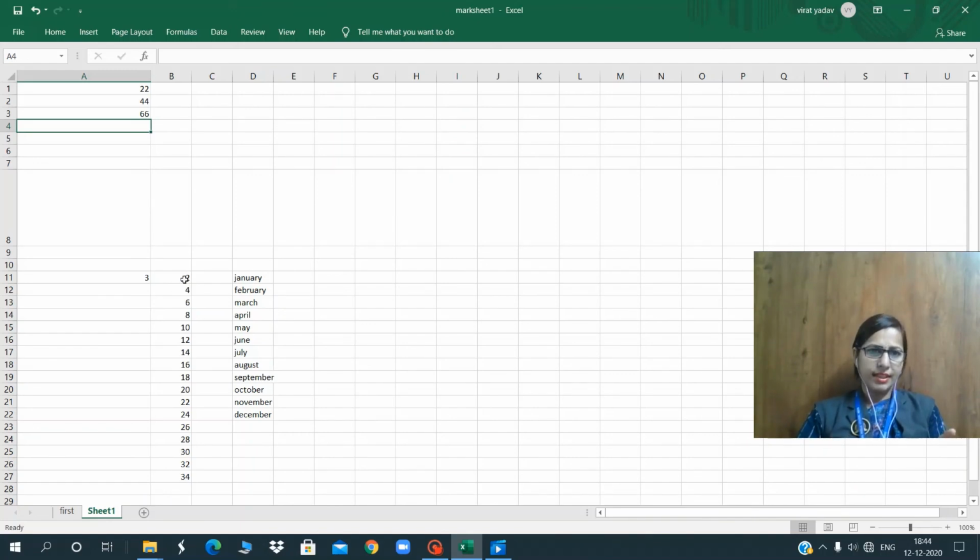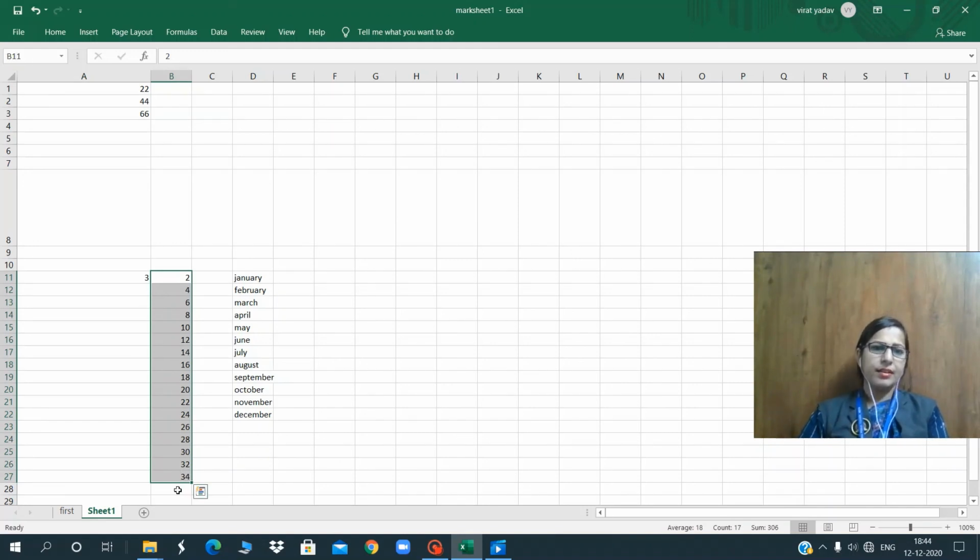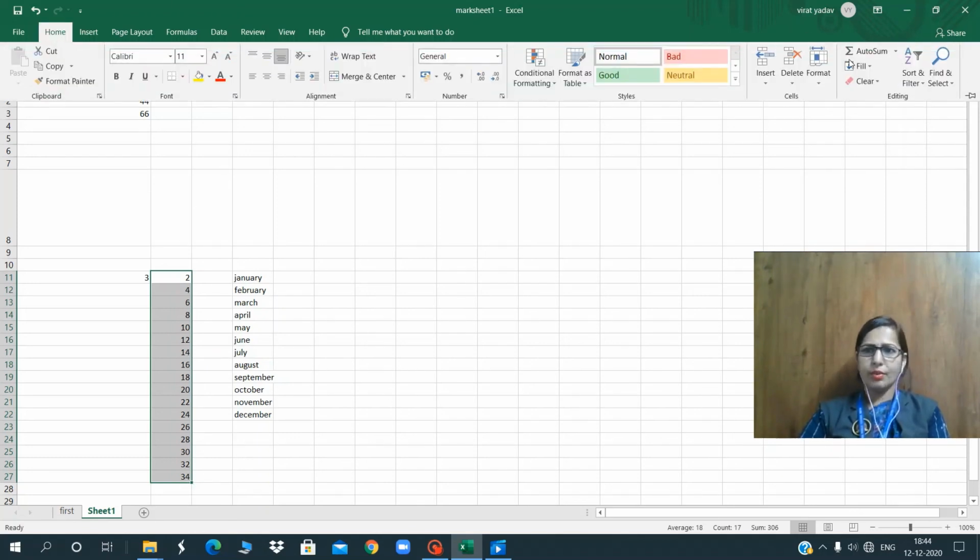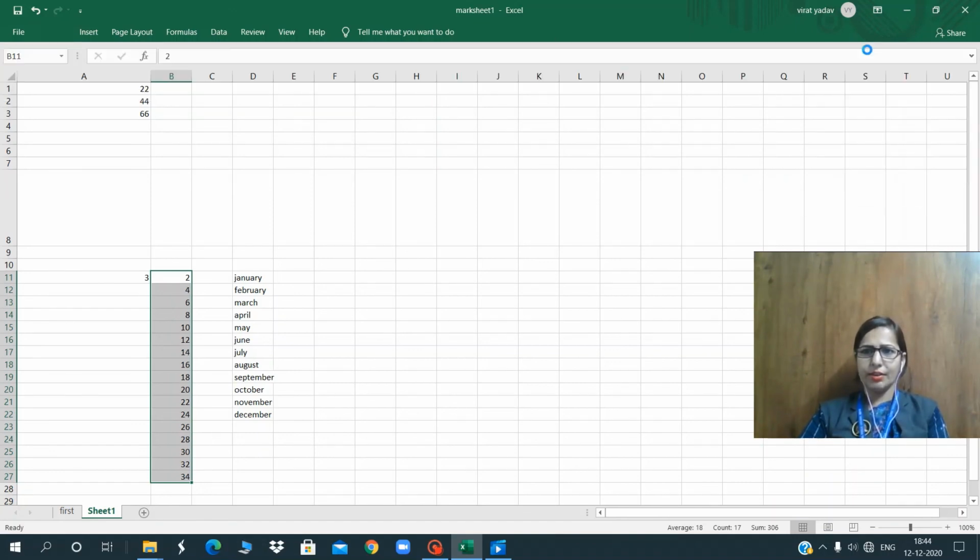One more method is here for addition of a series of numbers. So I just select this series of numbers and I want to do the addition at the last cell. I want the addition of these numbers. So I just go to the Home tab. In the Home tab, you can see in Editing the AutoSum feature, click on AutoSum. As I click on AutoSum, the sum of all these numbers comes down.